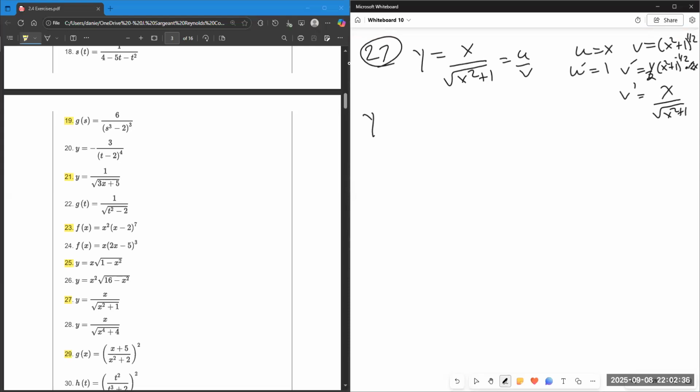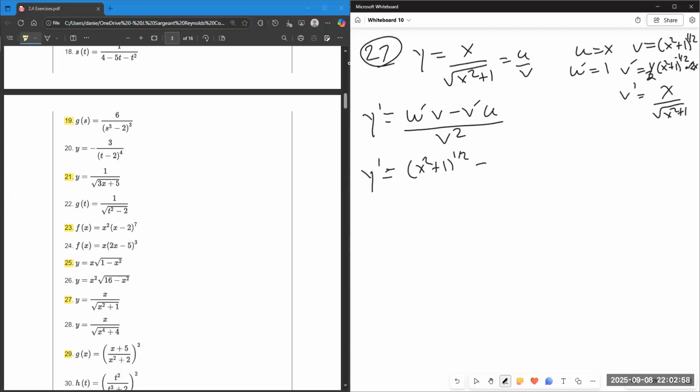So y prime is u prime v minus v prime u all over v squared. Y prime is 1 times that, so that's x squared plus 1 to the 1/2